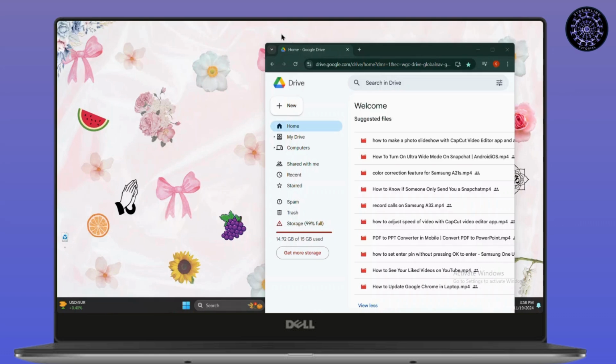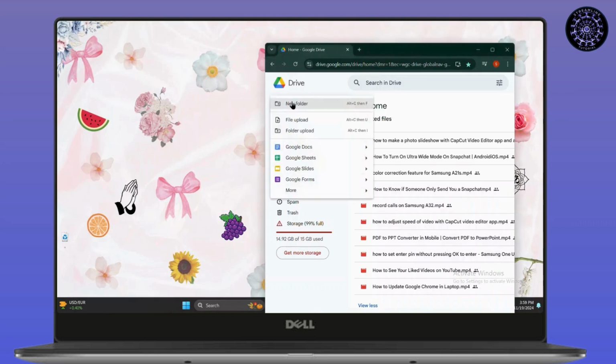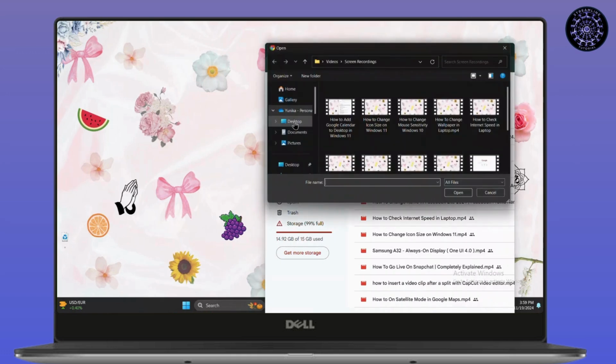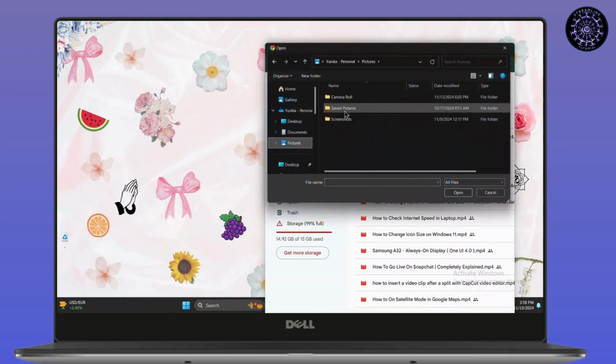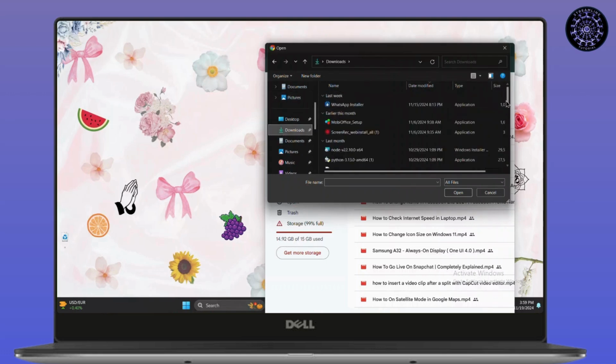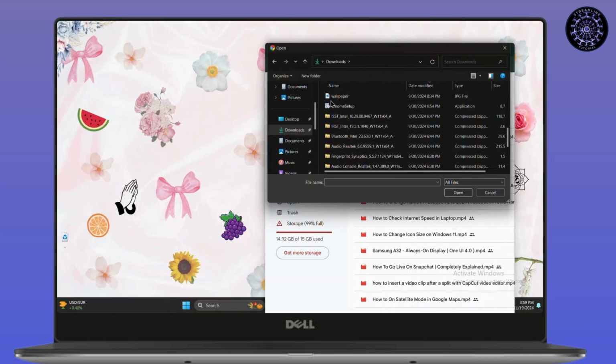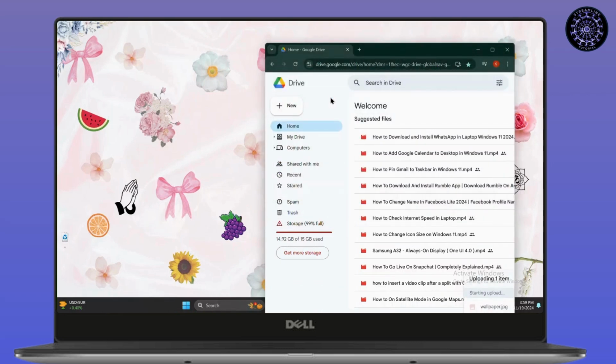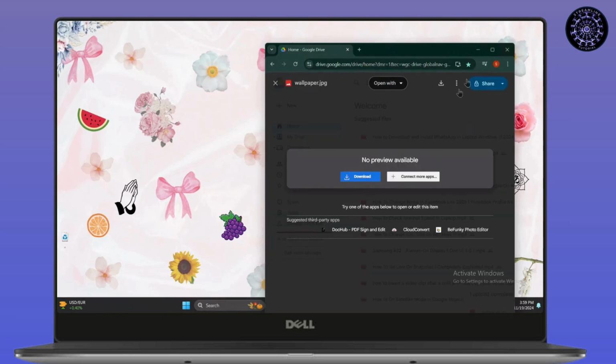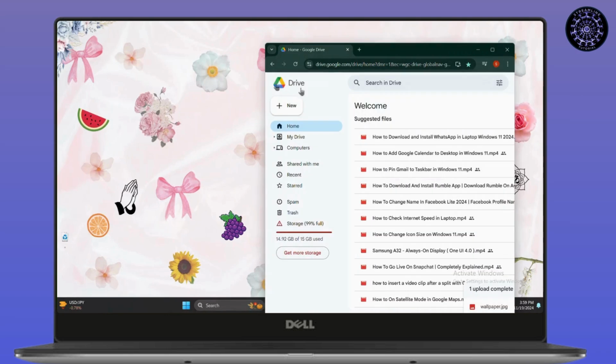So first, tap on New after opening Google Drive, then go to File Upload, then simply upload a picture like this, any picture, and once it is downloaded, go over there and then